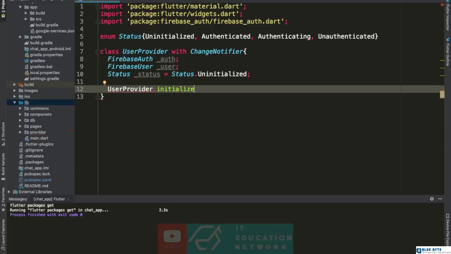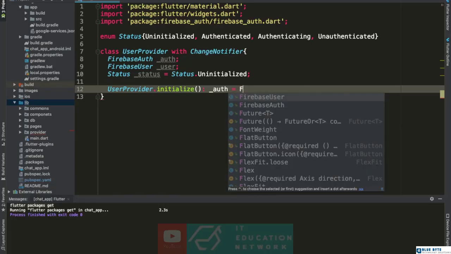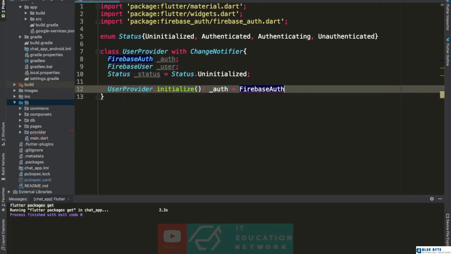We're going to call this initialize, and then for this constructor we want our auth for authentication. It's going to be Firebase authentication instance,